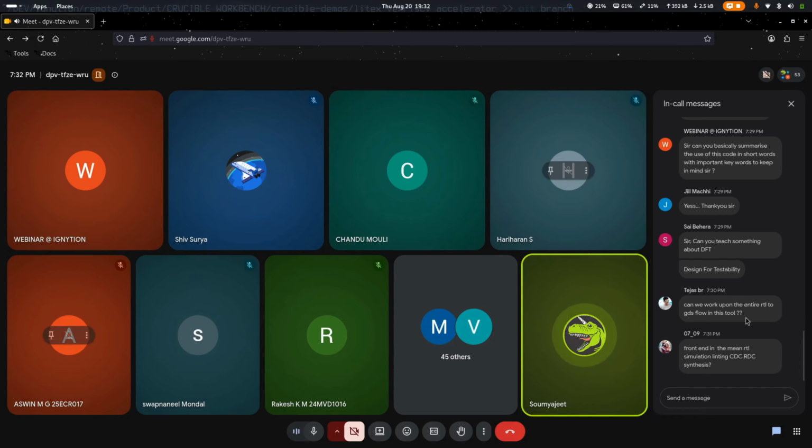Can you work upon the entire RTL to GDS flow in this tool? Yes, Tejas, you can do that using Crucible. You can do entire RTL to GDS or even RTL to bitstream, which is the case of the FPGA flow. Front end means RTL simulation, linting, CDC, RDC, synthesis. So front end is the